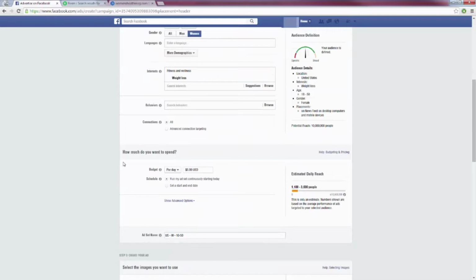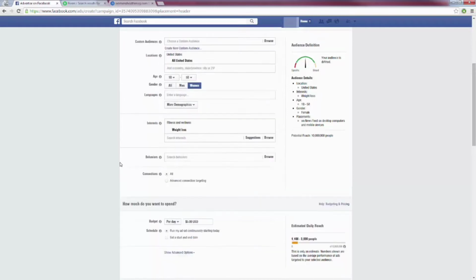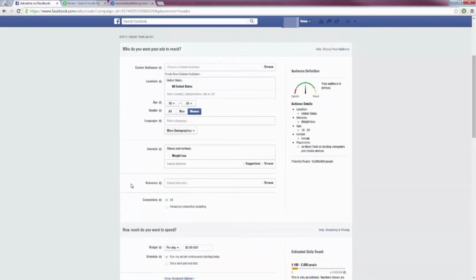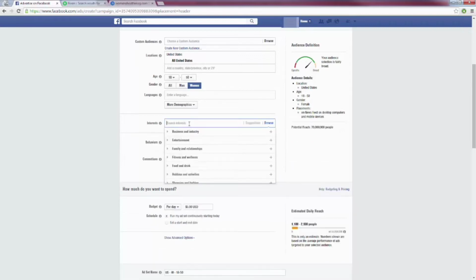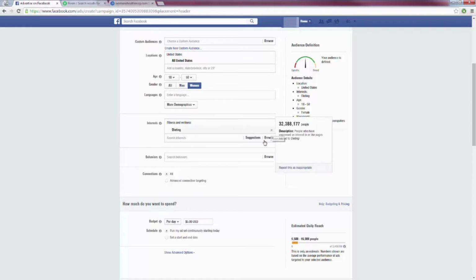So I would scroll down and place my order, and when you place your order, it says, would you like to create another ad just like this? You're going to click on that button, and when you do, it's going to give you all this exact same details, right? Everything's going to be exactly the same. Then you're going to get rid of weight loss, and this time you're going to focus on dieting, for example. Then you're going to place your ad for this one. You're going to create another similar ad, and you're going to swap out dieting for something else, okay?